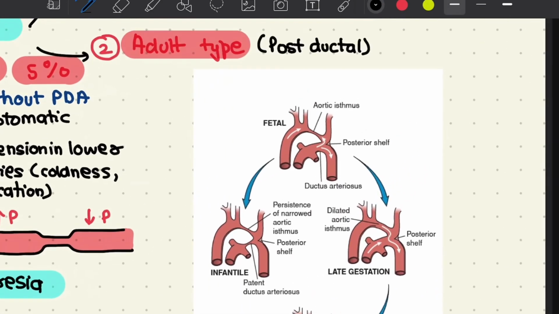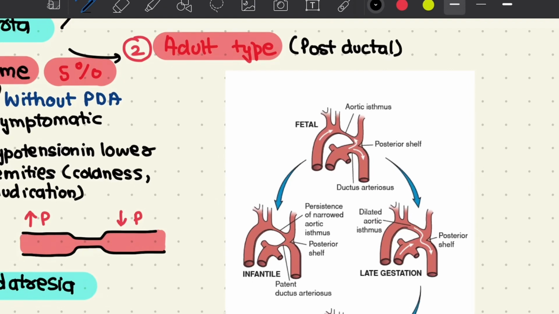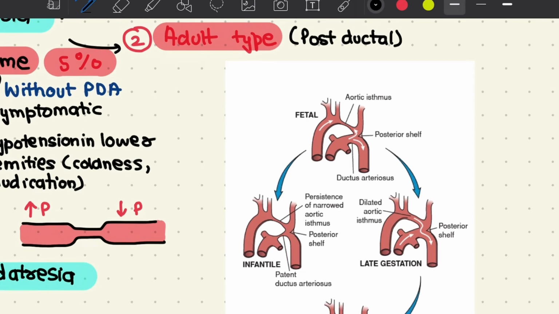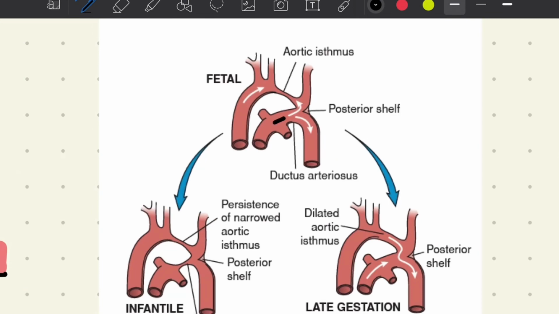Before proceeding into these two types of coarctation of the aorta, let's understand the pathogenesis of coarctation of the aorta. The pathogenesis reflects the pattern of flow in the ductus arteriosus in fetal life. During fetal life, the ductus arteriosus has more blood flowing through it as compared to the aortic valve. The blood leaving the ductus arteriosus right here is diverted into a cephalad and a caudad stream by something known as the posterior shelf opposite the orifice of the ductus arteriosus.